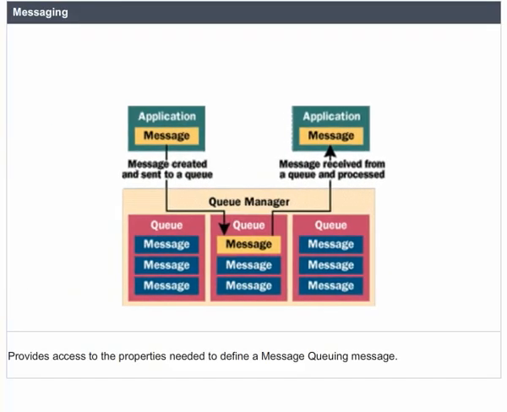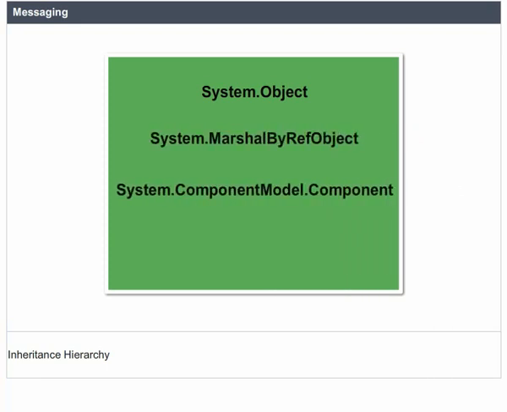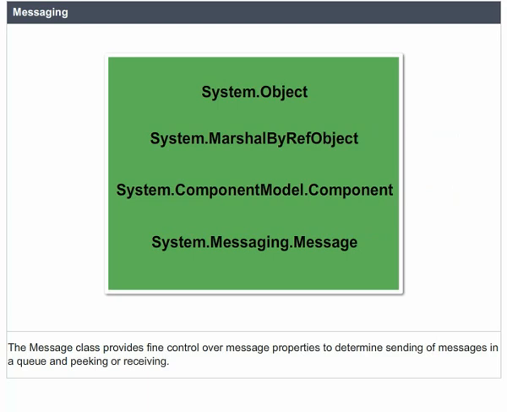Message provides access to the properties needed to define a message queuing message. Inheritance hierarchy: System.Object, System.MarshalByRefObject, System.ComponentModel.Component, System.Messaging.Message. The Message class provides fine control over message properties to determine sending of messages in a queue and peeking